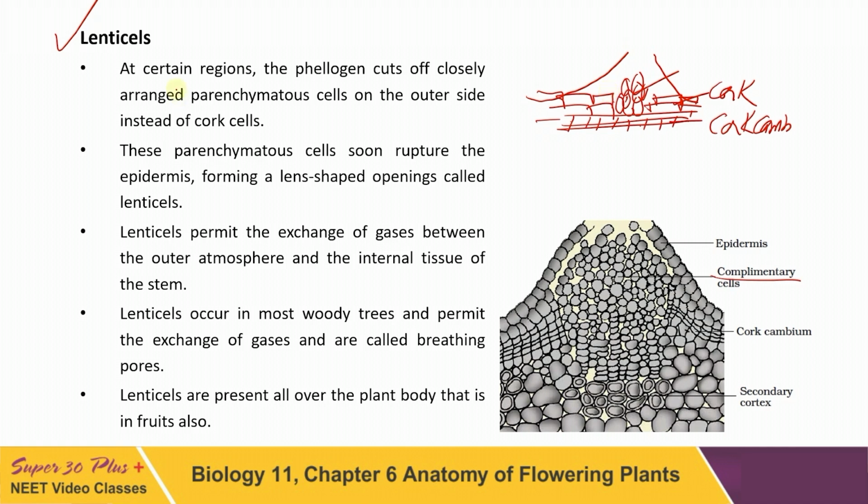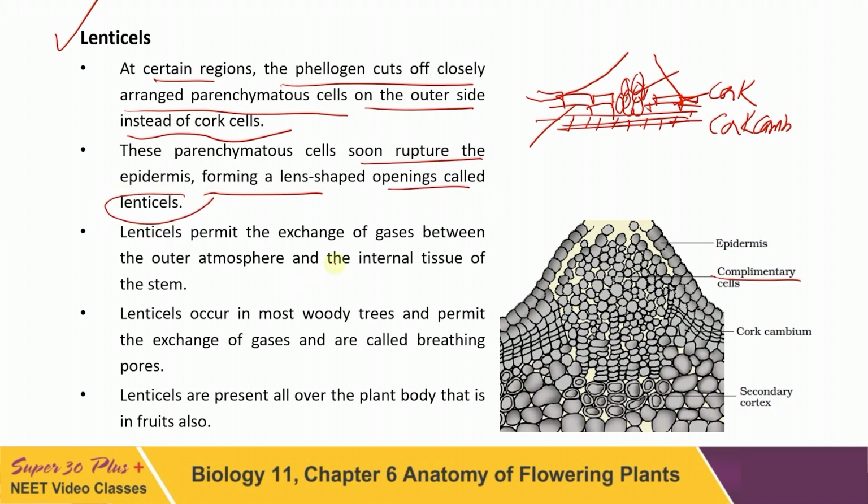At certain regions, phellogen cuts off closely arranged parenchymatous cells on the outer side instead of cork cells. These are the cork cells. In this region, the cork cells will not be formed. These parenchymatous cells rupture the epidermis and form a lens-shaped opening called lenticels. What will happen through lenticels? Here the gases will be exchanged, the CO2 or oxygen will go in,